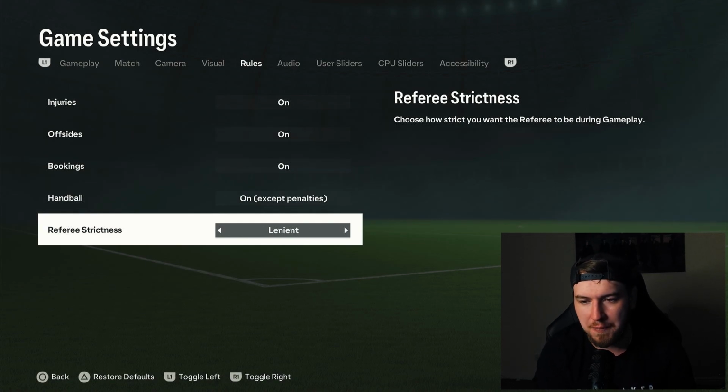You just smash into players, but I want it to be a little bit more strict. I want the play to be broken up more. I want there to be more fouls. So I think I'm going to try strict. I think very strict might be a little bit too much, but I can't judge on this right now because